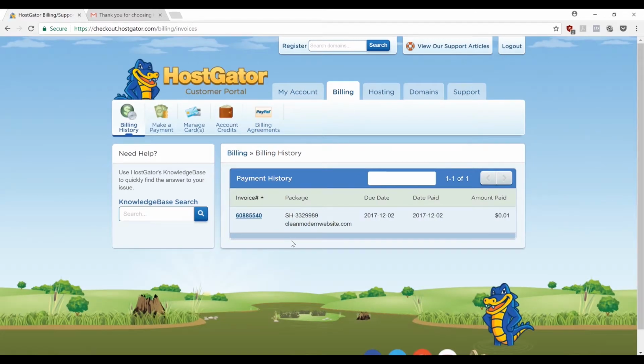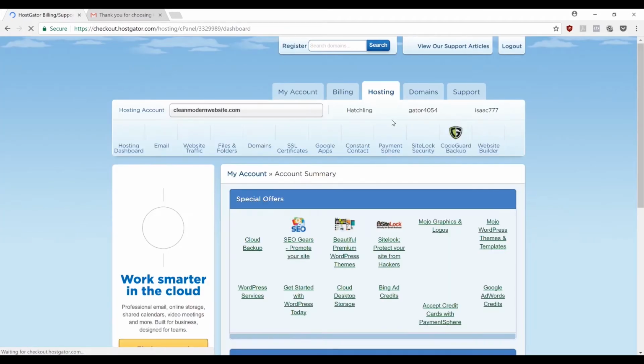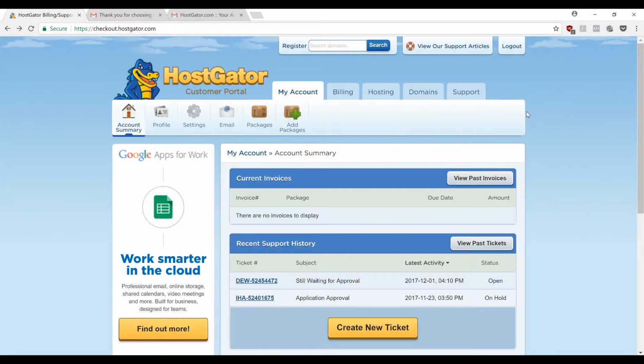It shows that I've bought that website, so you'll be able to see your domain there that you've got. And then you can go to your hosting. So we can just see all this here. Alright, so once you've had a little look around your customer portal and all your information, what you're going to